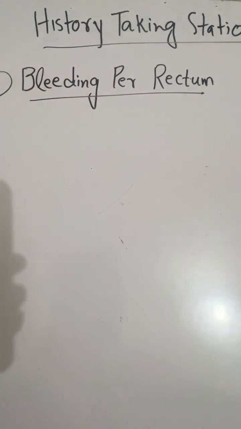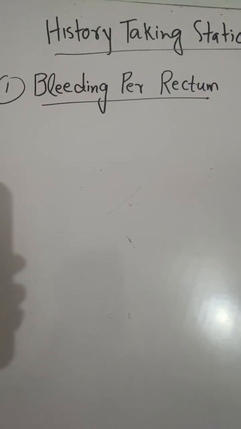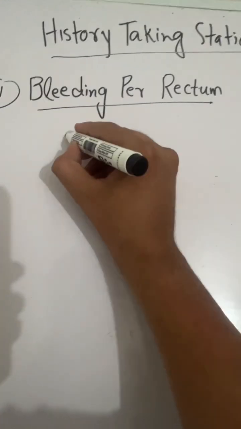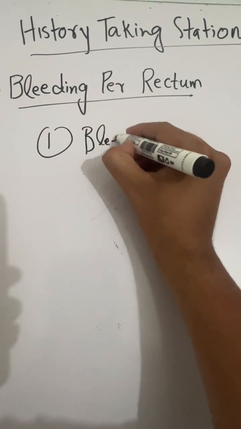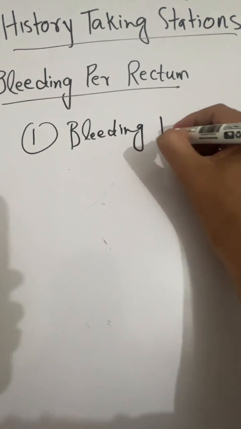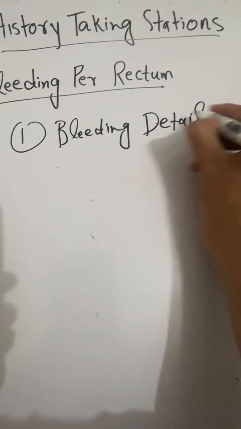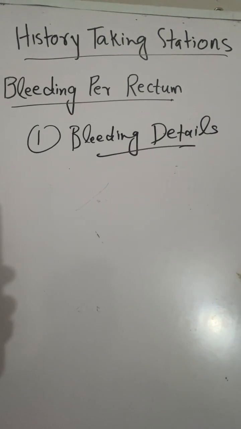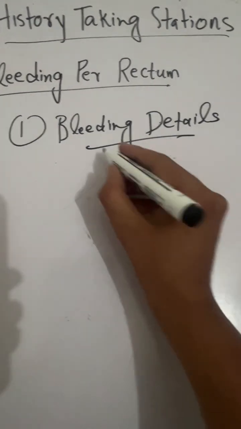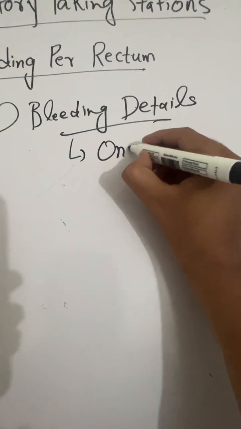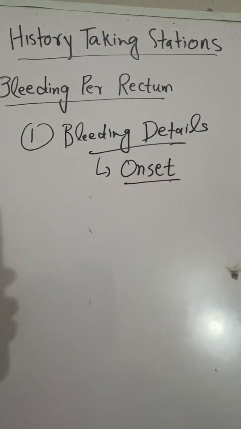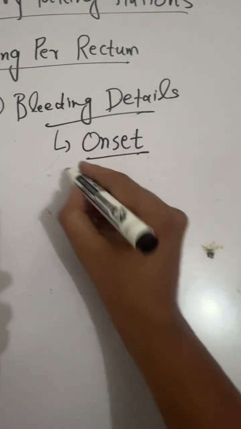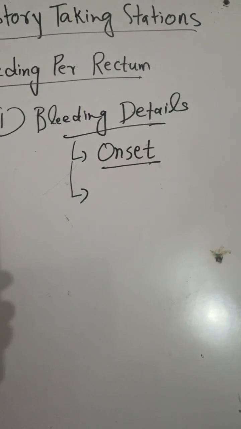While taking the bleeding per rectum history, the first thing to inquire about is the bleeding details. We will ask questions about the bleeding details. First is the onset of bleeding per rectum. We will ask the patient when he or she noticed the bleeding. Then the second thing to ask about is the color